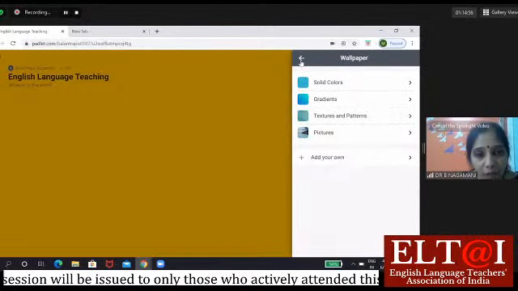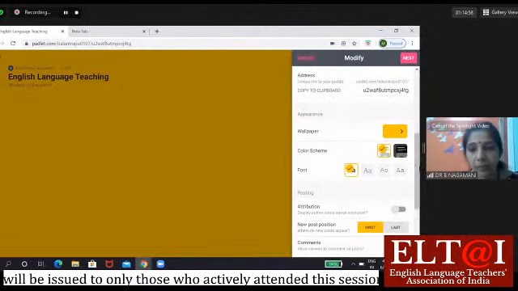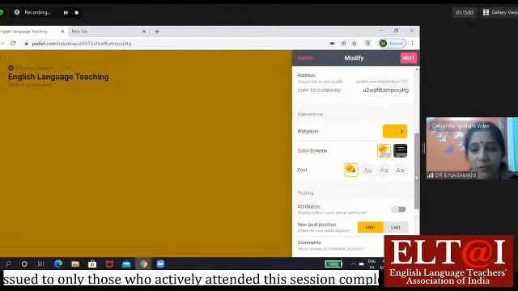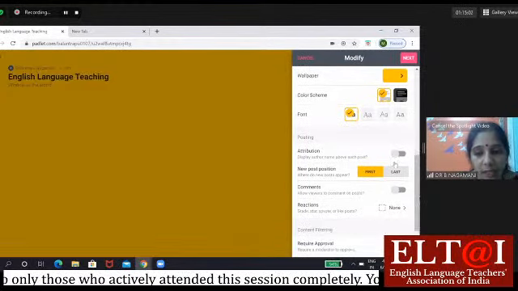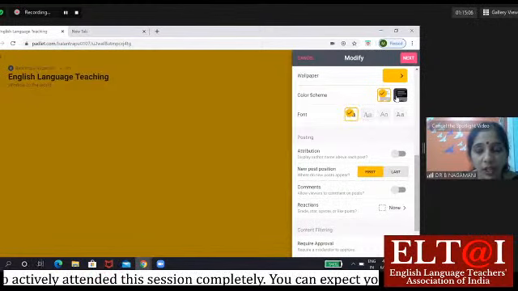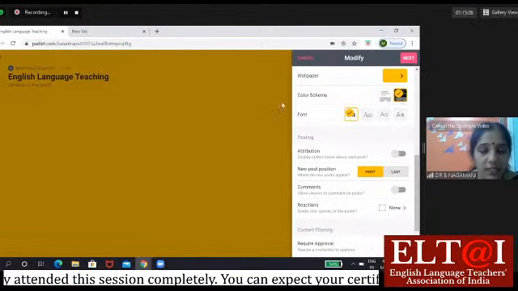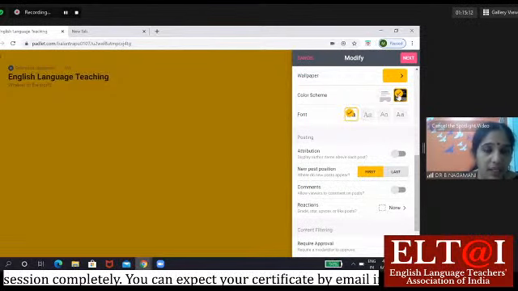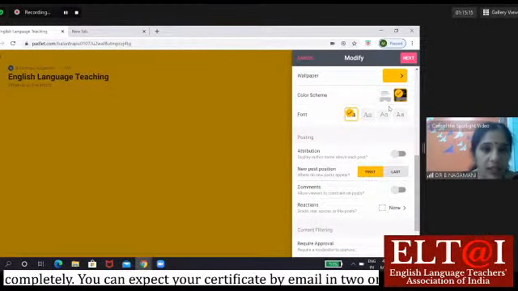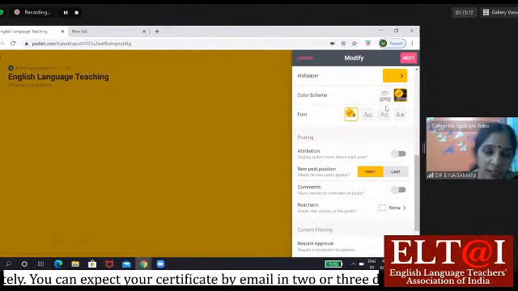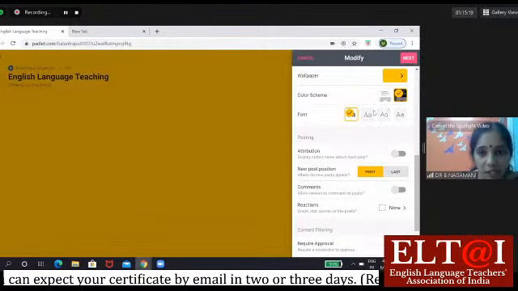Now I'm going back. Now let us go to the color scheme. You have various options here. You can select. Mustard and black is the color scheme that I have selected, or rather allowed the default Padlet wall to continue.